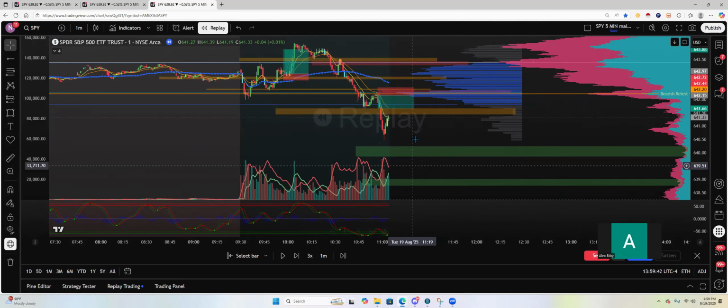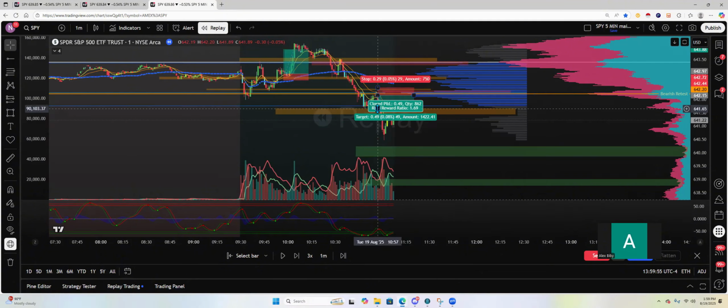So it is now retesting that low volume node. If you're still in your short at this point, this is right now a good sign that you could probably hold it. So if I'm in this short still, let's go ahead and